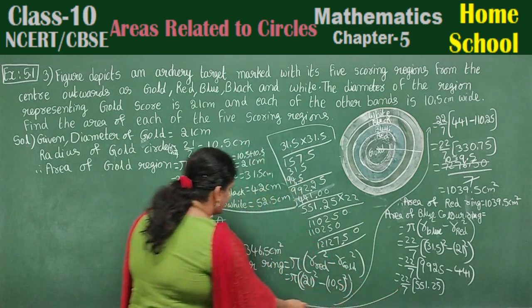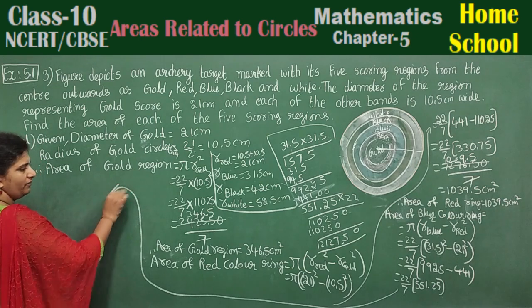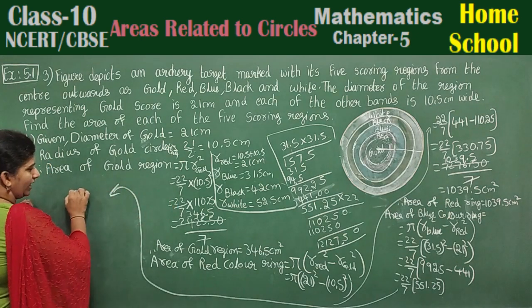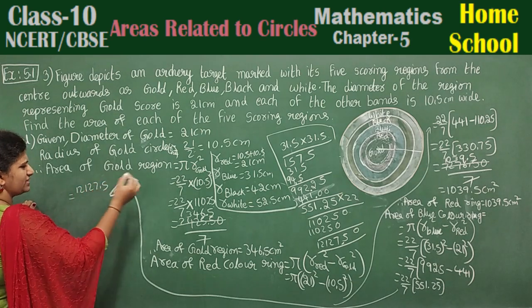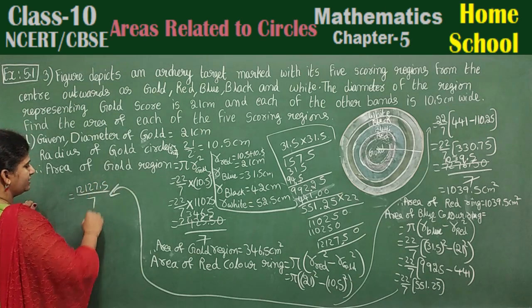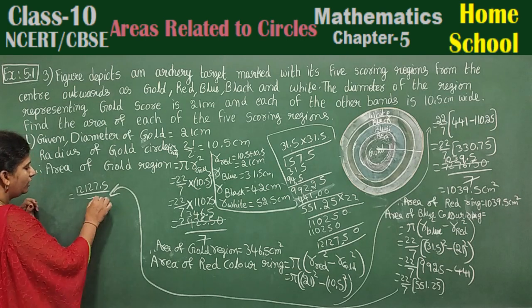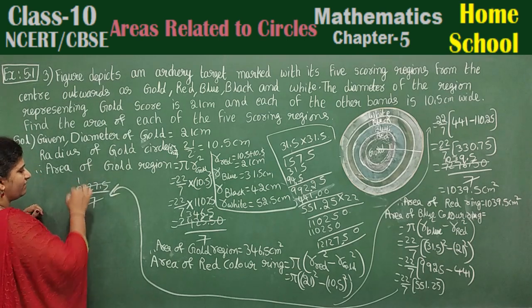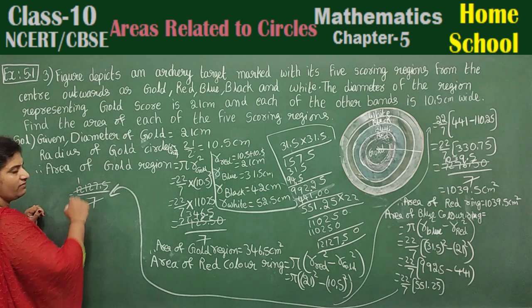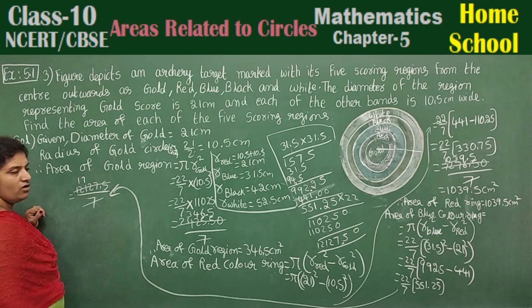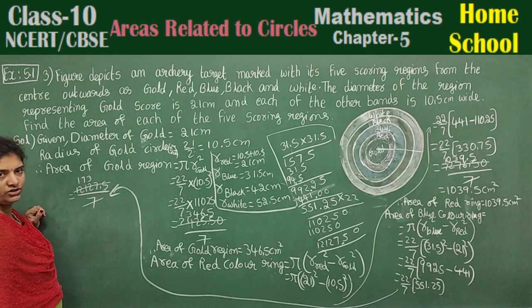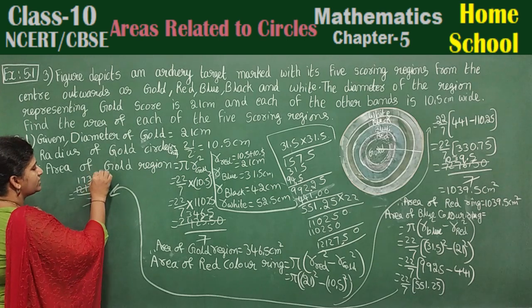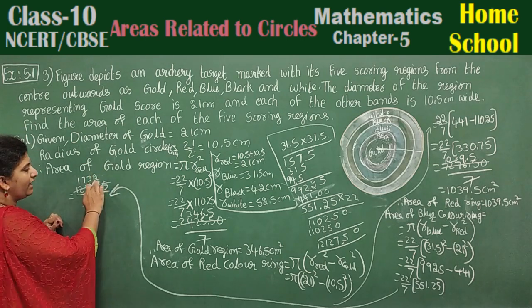Let me carry this continuation part here. That will be equal to 12127.50 divided by 7. Now try to cancel this. 7 ones are 7. 51 left. 7 sevens are 49. 2 left, that is 22. 7 threes are 21. Again 17 left. 7 twos are 14. 3 left, 35.